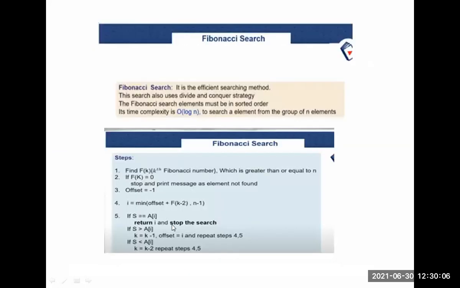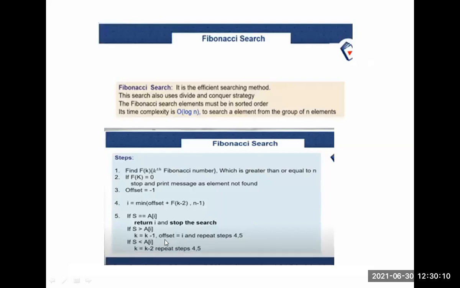Just compare this value, and if the value is greater than A of I, then k equal to k minus 1, offset update. Okay, move again to step 4. If the value of S is less than A of I, then k is decremented by 2 and repeat steps 4 and 5. Okay, clear students? Or any doubt? So this is Fibonacci search.